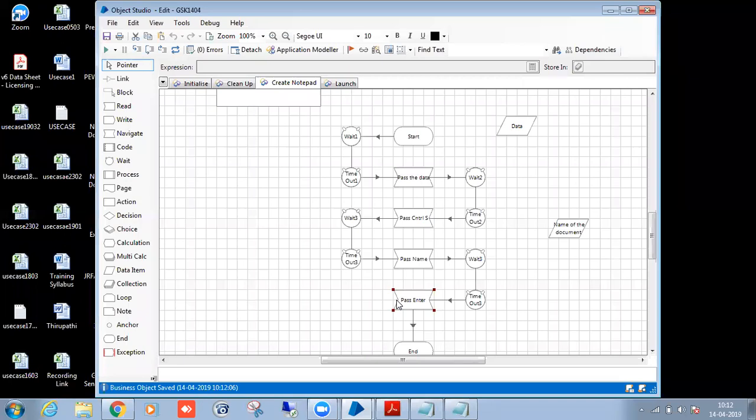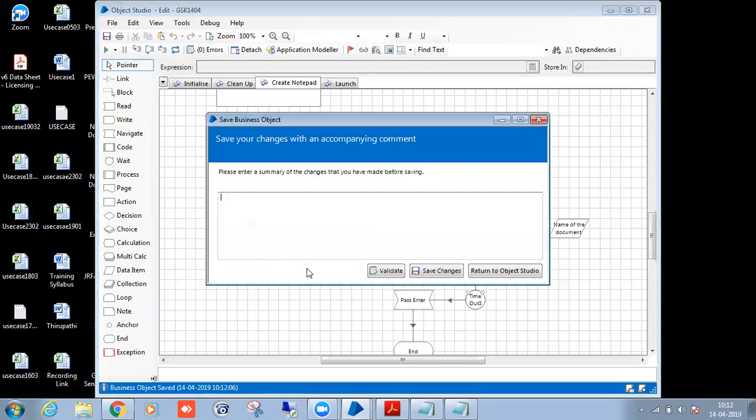There are some applications where global send keys won't work. In that situation only we'll go for the global send key events. Apart from that, all the applications will use the global send keys. So say, close the application.